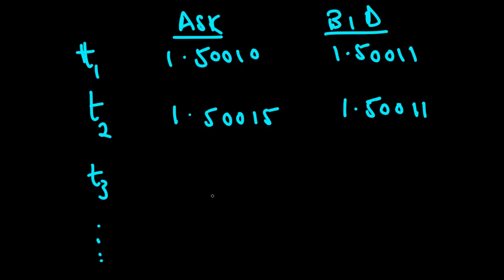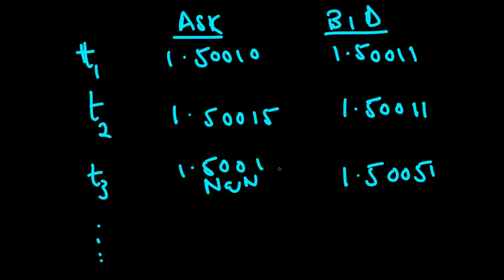And then in the next one, for instance, if we had an update to the bid price of 1.50051, we had no update to the ask price in that timestamp, then we assume that our price remains 50015. So that's the reason we need to do the fill NA